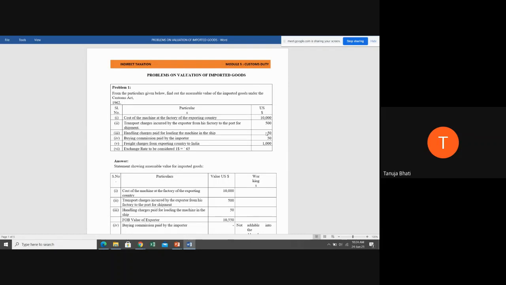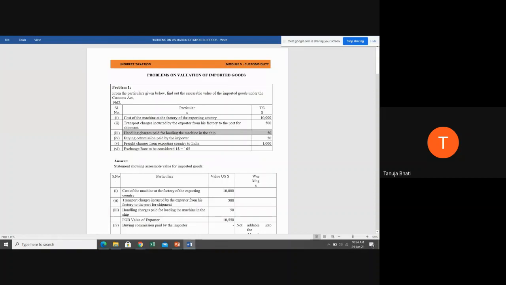So this is FAS. What is FOB? FOB means FAS plus the loading charges. Loading charges means the goods are to be loaded from the port into the ship, plus the export duty, if any is paid by the exporter. So handling charges, will it come in FAS or FOB, students?